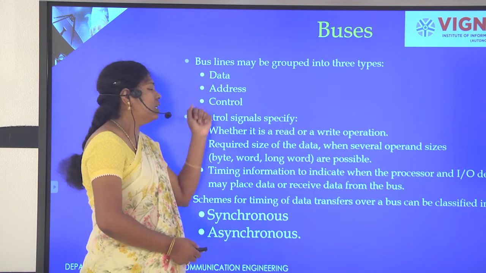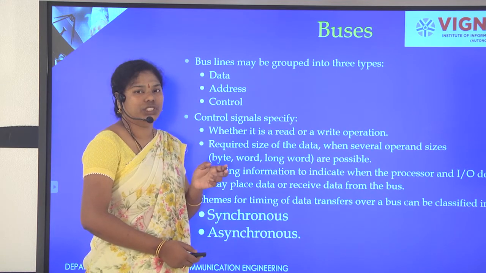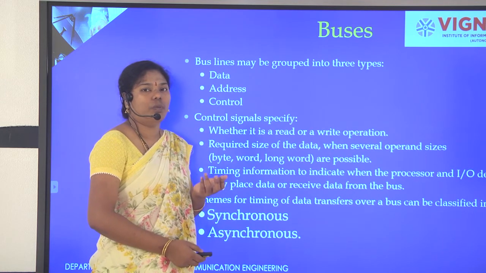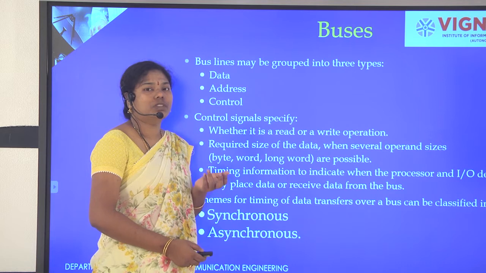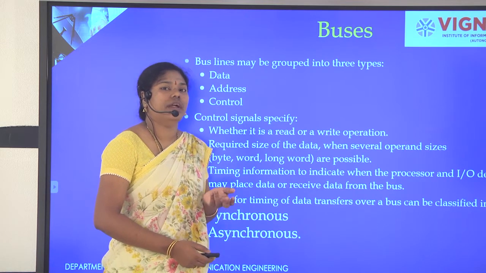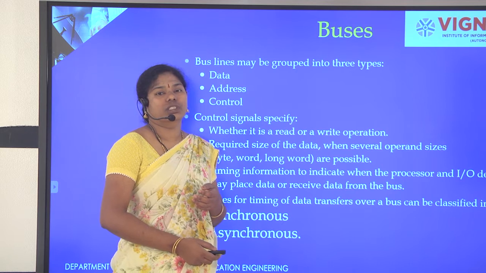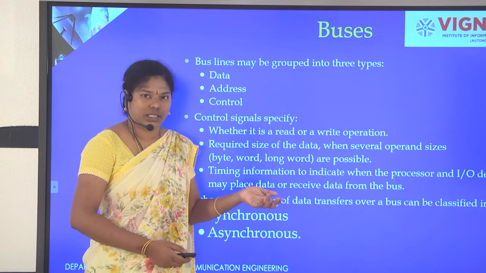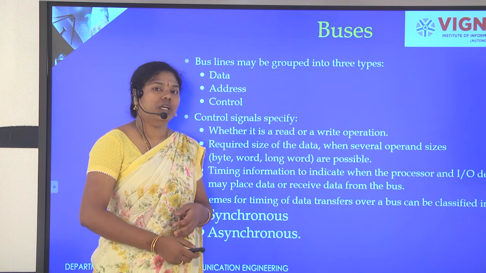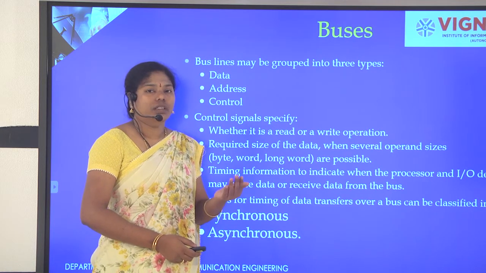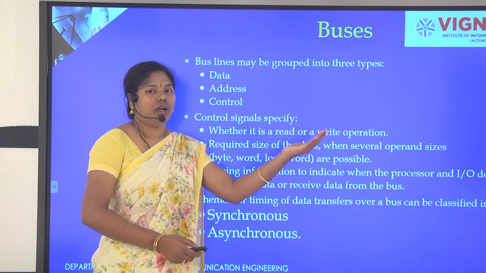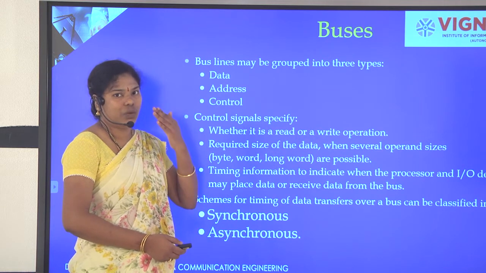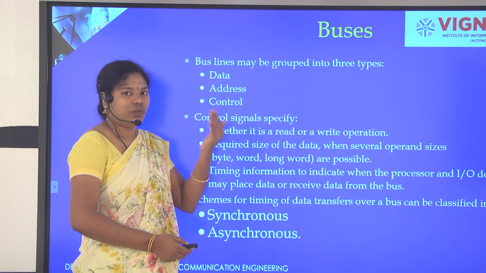The second is data, which carries the information. Here the data bus is bidirectional. Why? Because the processor performs two operations: one is the read operation and the second is the write operation. Read operation is nothing but the processor reads the data from the external devices. External devices may be memory or IO. In the read operation the processor reads the data, that is, it has to receive input from the external devices, so the data's direction will be inside.